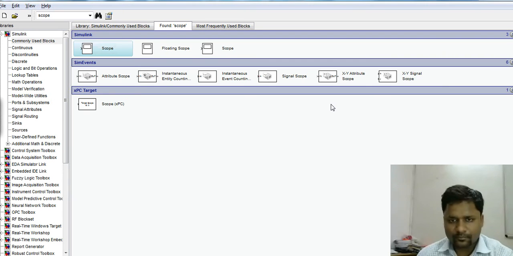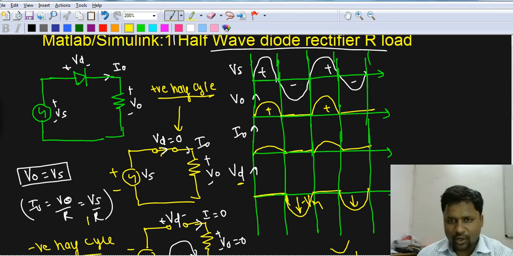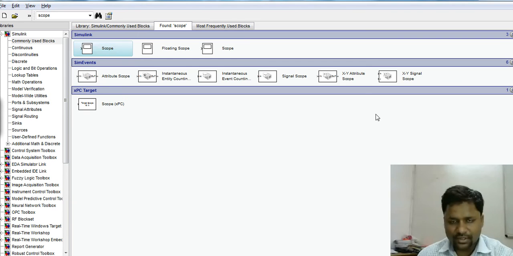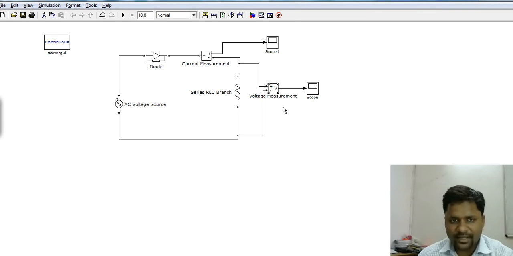Here I am measuring the output voltage, the load current, and one more thing which I also measure, that is the voltage across the diode. This is called the diode voltage. So we have to make one measurement block like this. Click on it, press control, keep the cursor on the voltage point, then drag it. So we can get another voltage drop across the diode like this. It should be connected. Similarly, the scope.